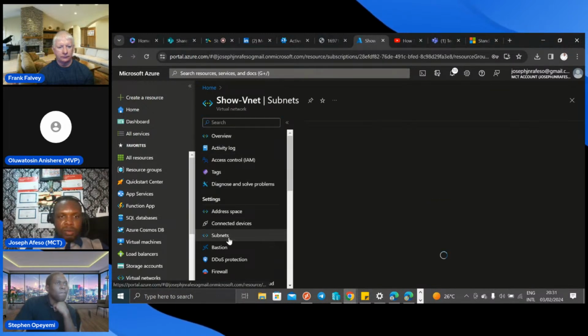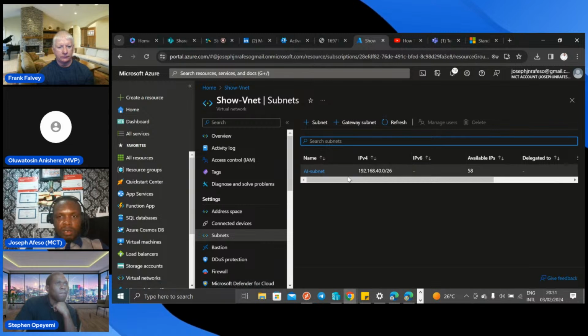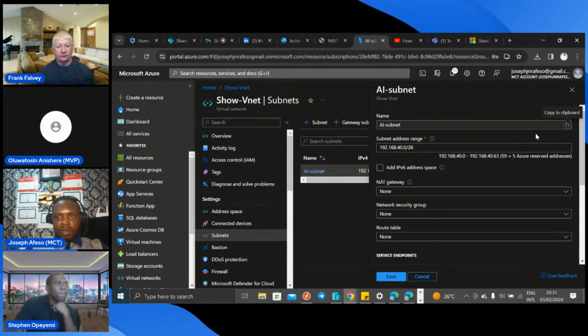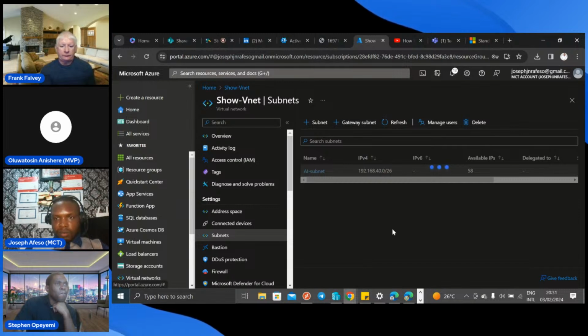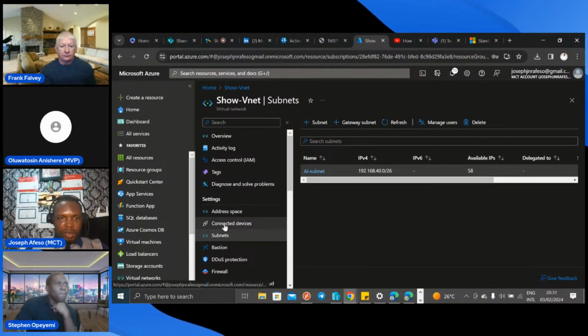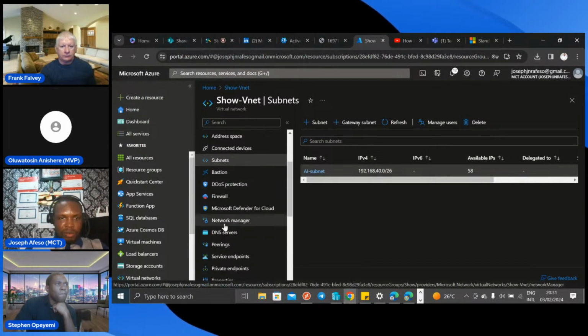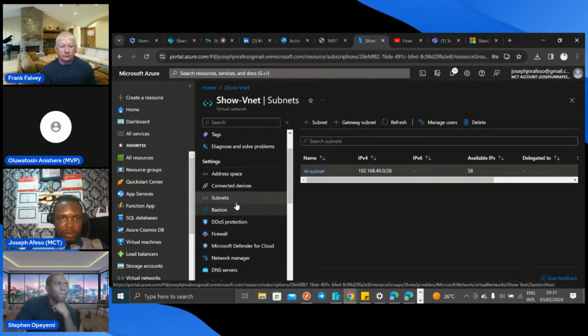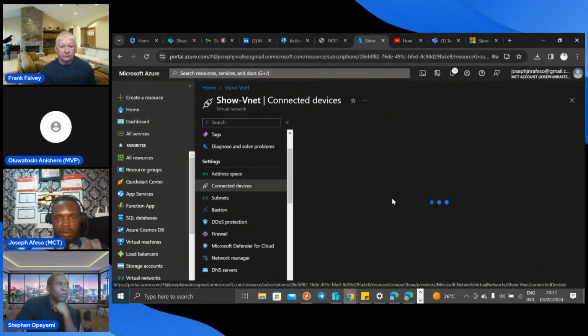So we go to subnets, and we'll see that it is having 58 IP addresses now. Then we come down to connected devices. Yeah, that's what I wanted us to see.